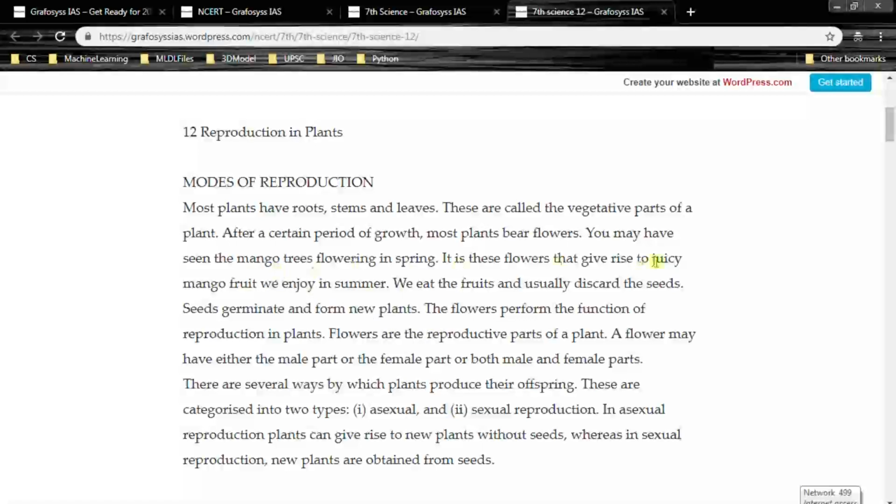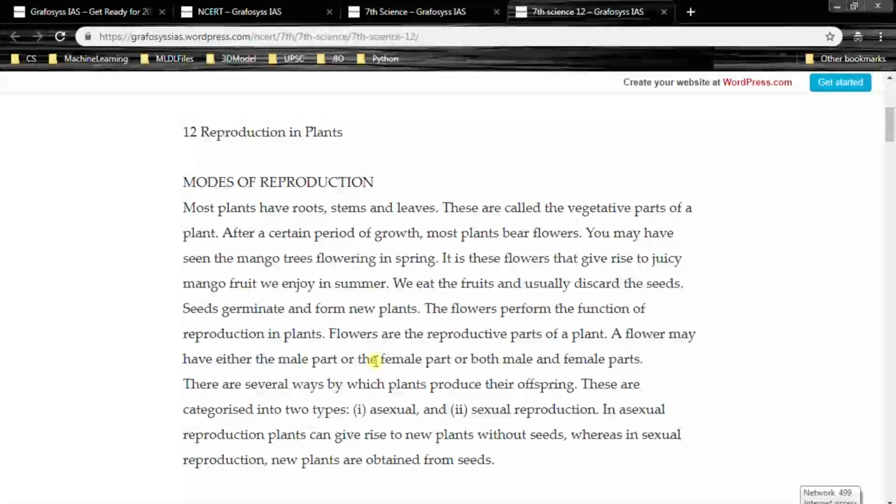And we have seen that mango tree is flowering in the spring, and we eat fruits and discard the seeds. Not only mango, it may be pomegranate, it may be apple, it may be guava or anything, right? These seeds germinate and form new plants,